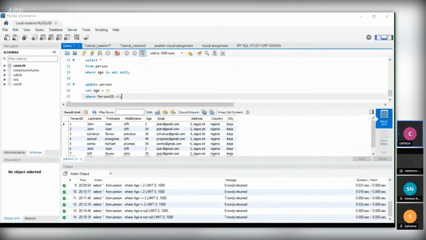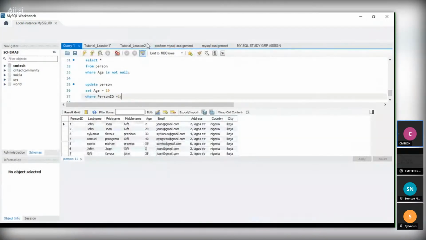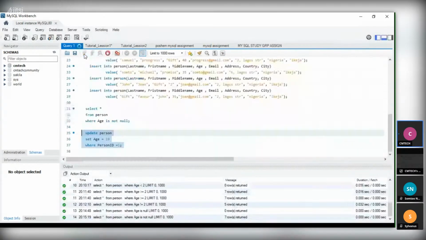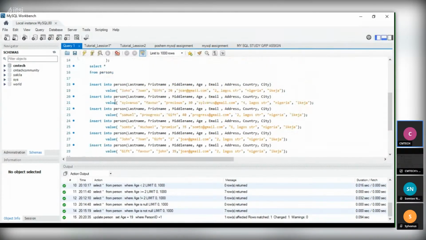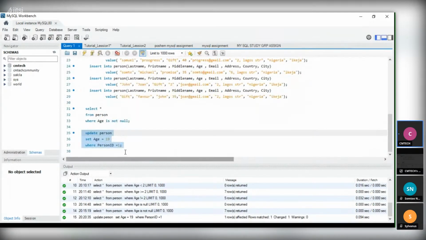So we have already seen how we can update. Now we are going to run it. Then we have already updated it, so it will not pop out. Why? Let's see our output message. You see the output message: update person set age where ID is equal to 1, 1 row affected. We have already changed 1 row.